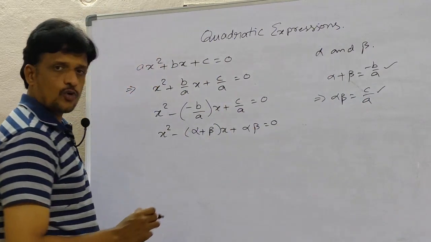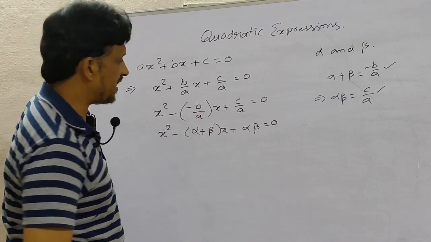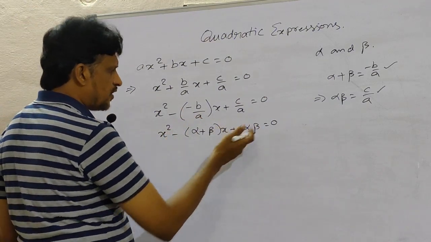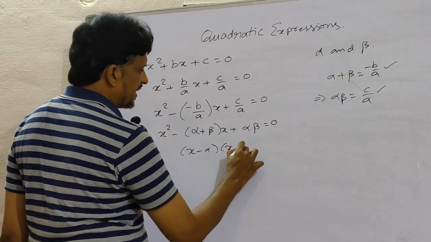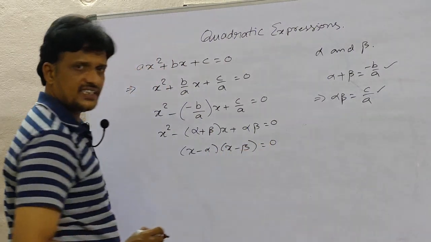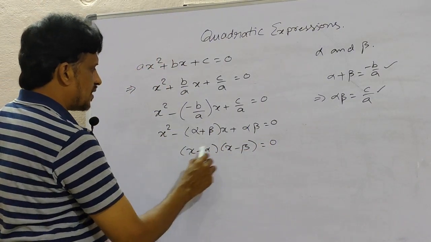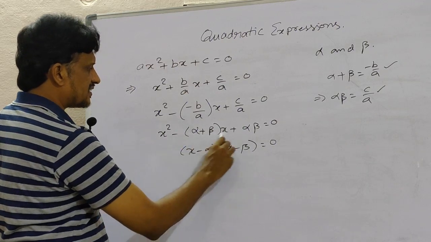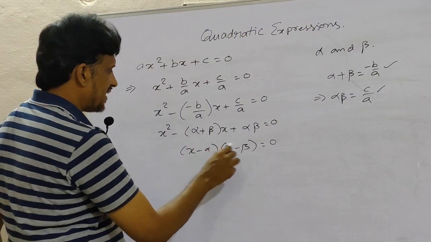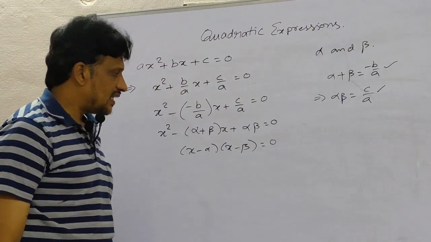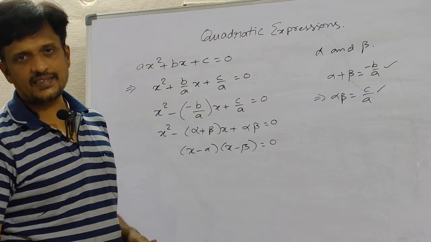That means here, instead of coefficients, I am writing the equation in terms of the roots, in terms of alpha beta. And now how can you write this product here? By factorization, simply you can say that this is the product of x minus alpha into x minus beta is 0. So just verify, multiply these two: x square minus beta x minus alpha x, that is minus x, by taking common you will get this one, minus of minus, plus alpha beta. That means when the roots are given, you can write the quadratic equation like this.